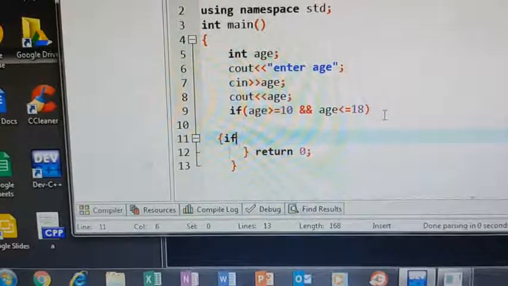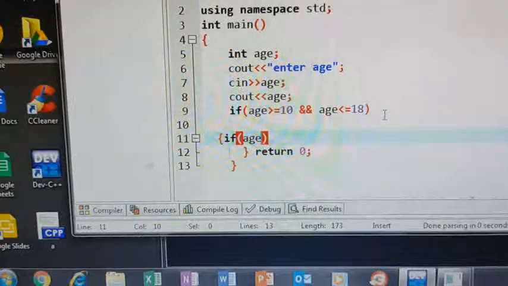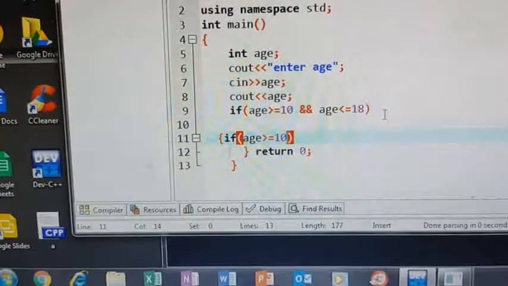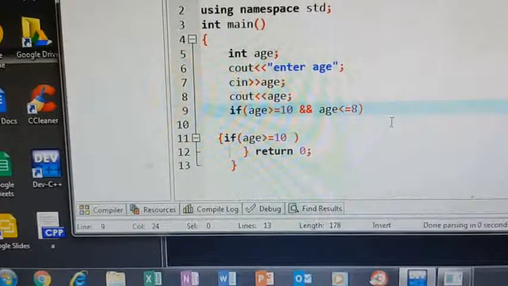If age greater than 10, sorry, it should be less than 15, greater than 10 and it should be less than 50.